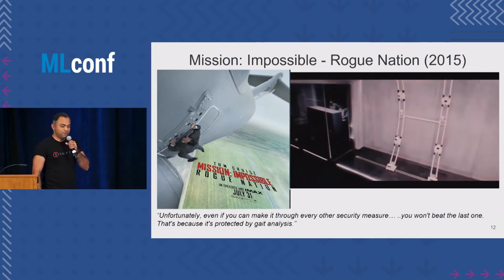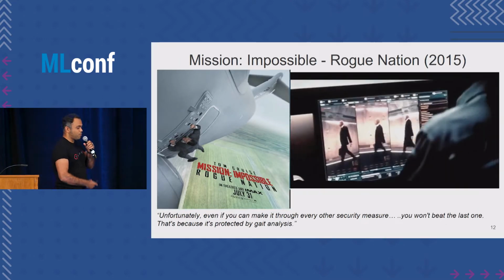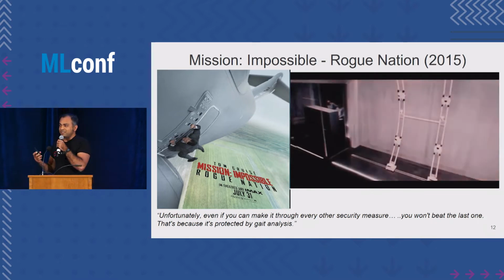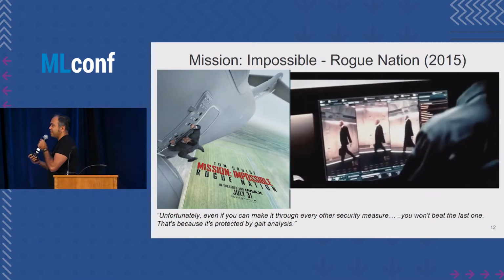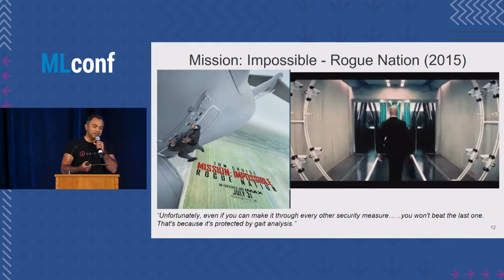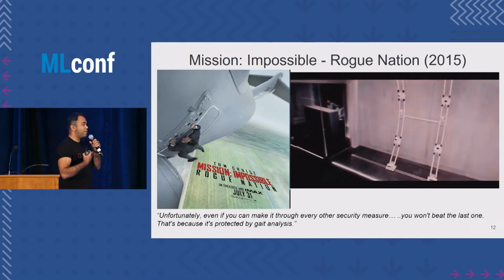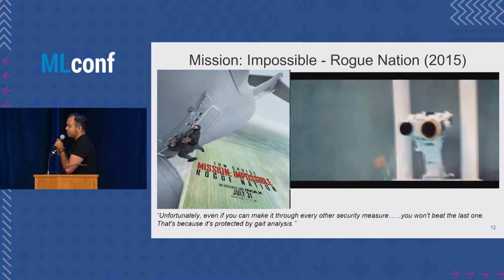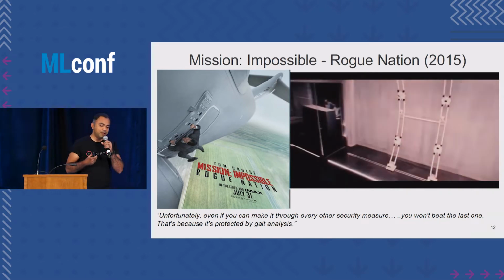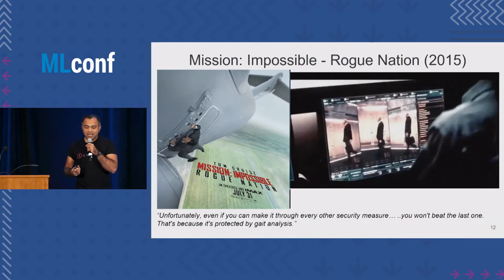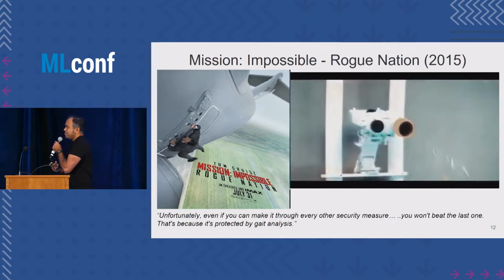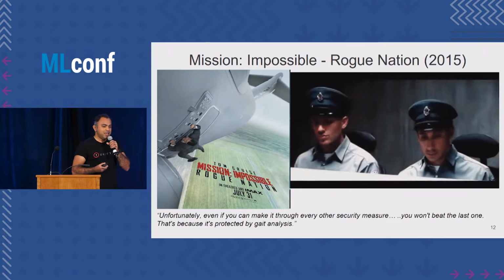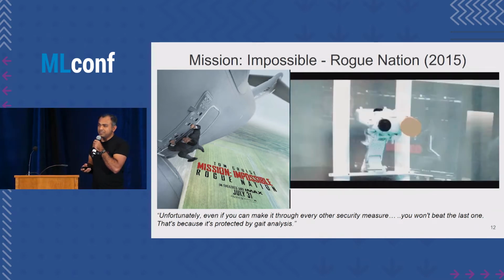Fast forward to 2015, if you guys have watched this movie, Mission Impossible: Rogue Nation, you have this agent who's trying to break into this high security facility, and is able to kind of cheat all biometrics by spoofing. And the only one that they eventually catch him by is by using gait analysis. And this is kind of intriguing that this movie was released in 2015,